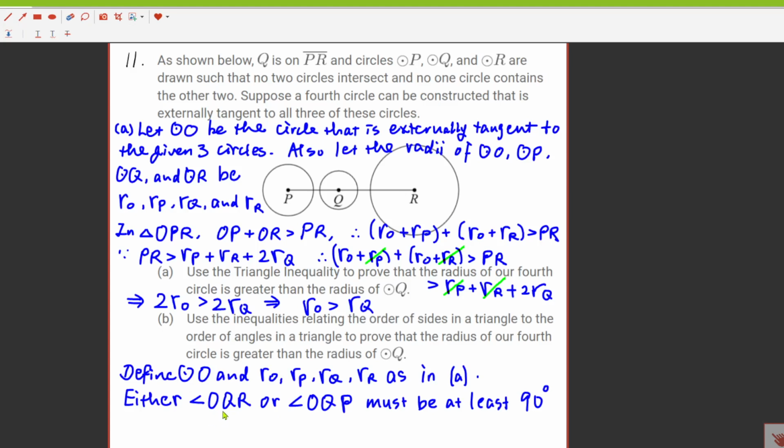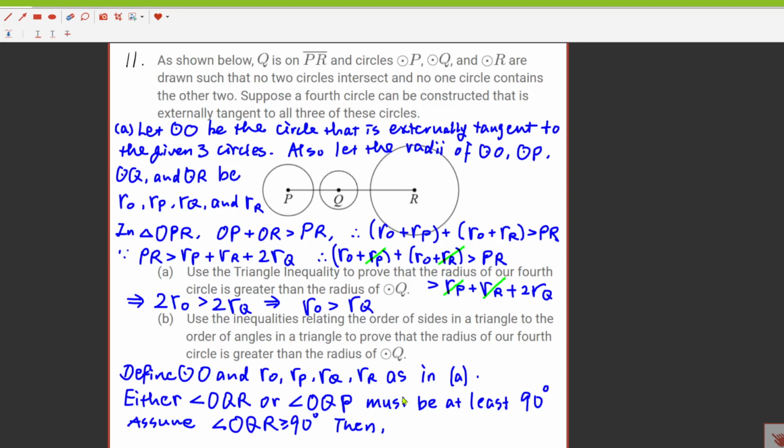Suppose, without loss of generality, that angle OQR is greater than or equal to 90 degrees, then